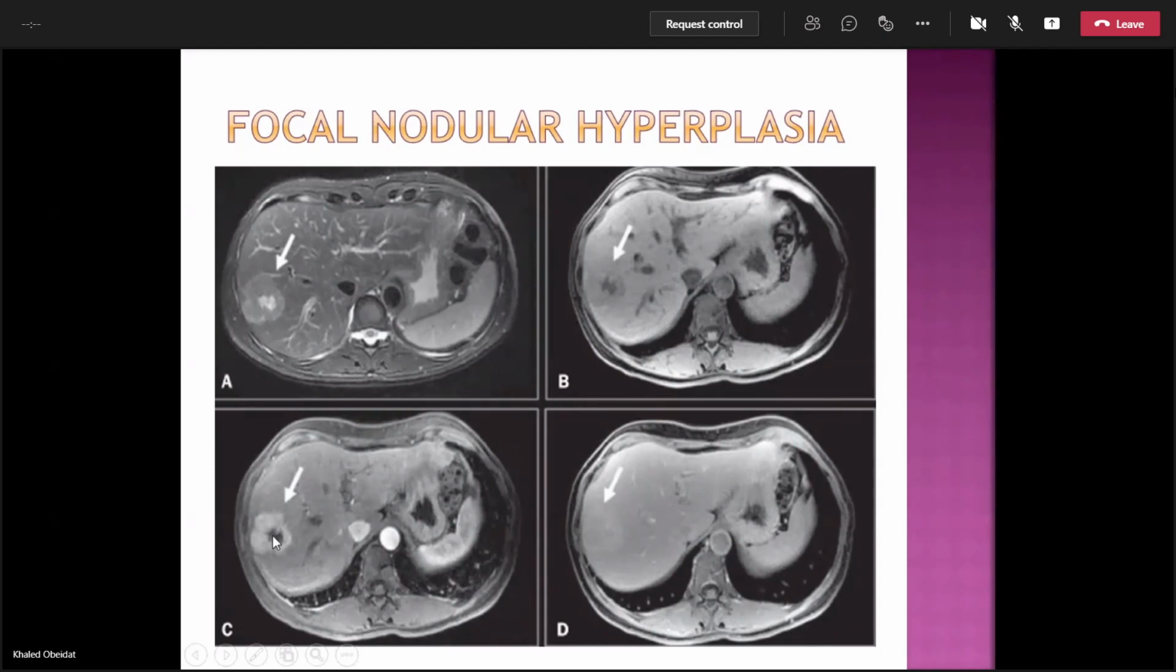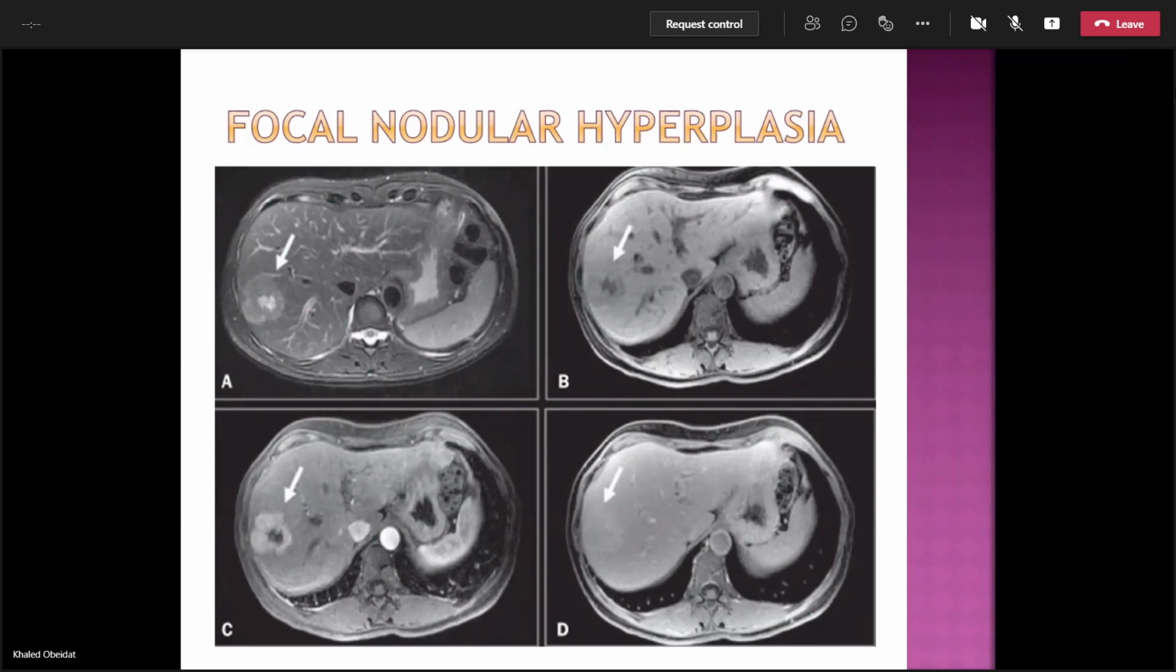So this central scar usually helps us tell that this is mostly focal nodular hyperplasia. Sometimes it doesn't appear in the images, and since it affects the same age group as adenoma, we may do a biopsy,